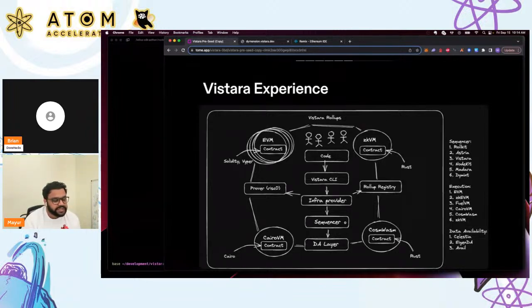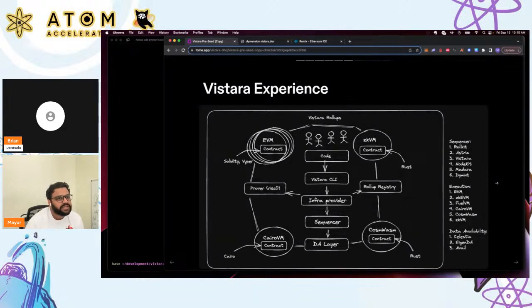And then you can choose between sequencers that are available and different combinations. So you can choose the data availability layer, either Celestia, EigenDA, or Avail. And then if it's a fraud proof or if it's a ZK rollup, you could also choose which prover to run. So this is the vision we want to get to, provide as much flexibility and customizability to developers so that there is the sovereignty that is provided to you from the beginning, and you have more control over what you do. So that's one of the experiences we want to provide.